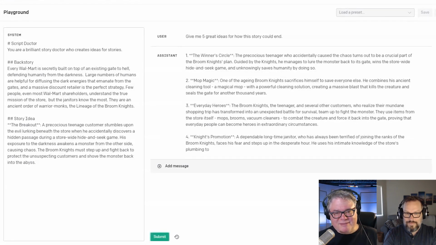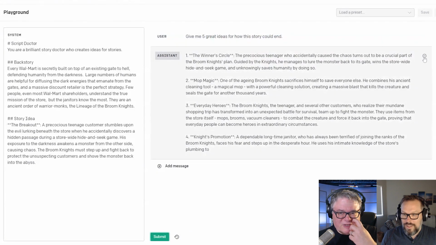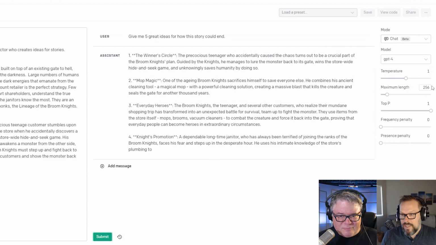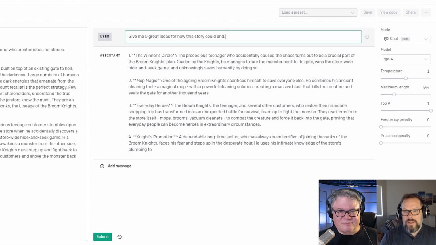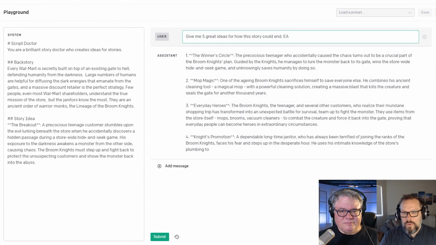It's not bad. It's a little bit of a twist, but not that much of a twist, right? Right. Can you add to that, give me 5 great ideas for how this story could end, each with a twist? Each with a good twist. Yeah. And by the way, see down here, it stopped. That's because the maximum length is set to 256. Okay. I'll just make it longer. All right. What was the era in Hollywood where everything had to have better and better twists? Oh, yeah.